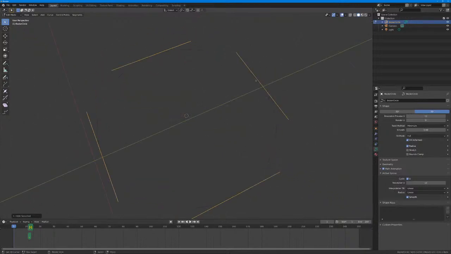I'm gonna select all of them and press V, aligned, and see they've changed color. There's a bit of color coding on the handles for Bezier